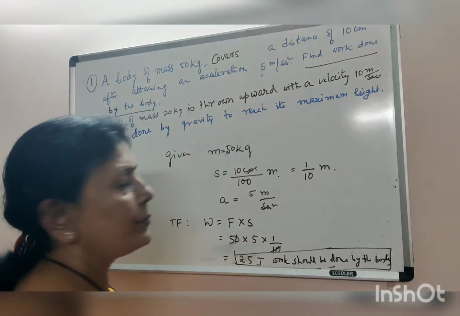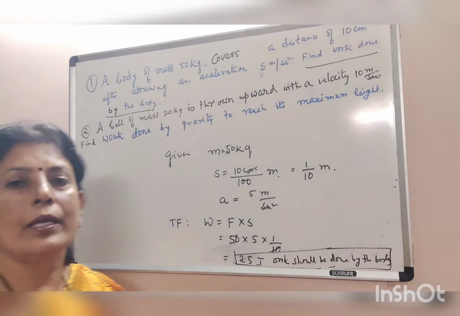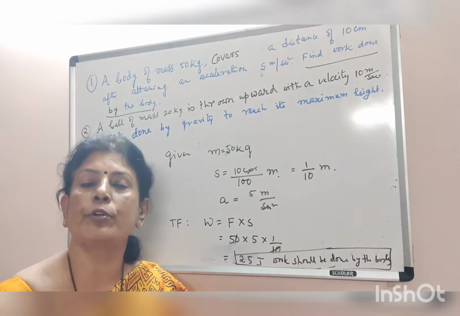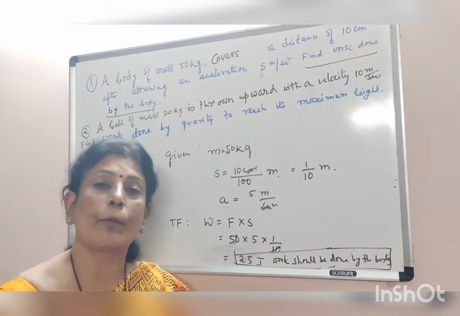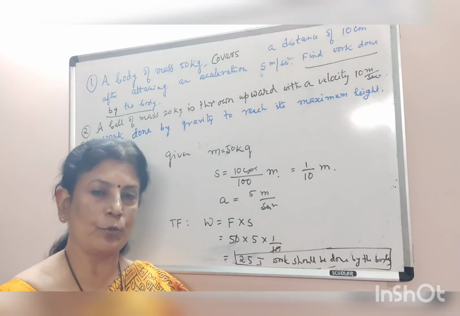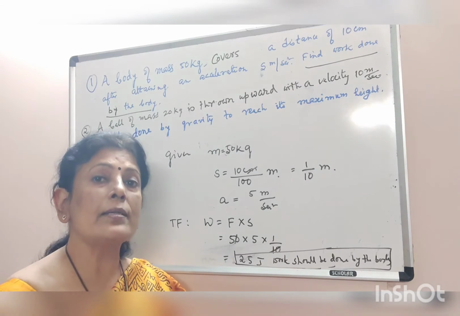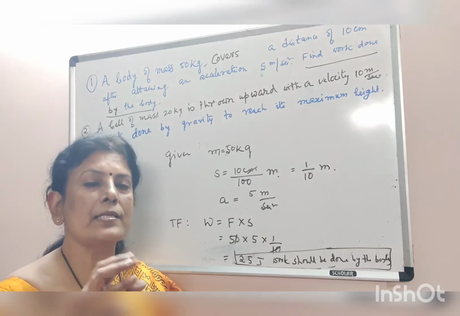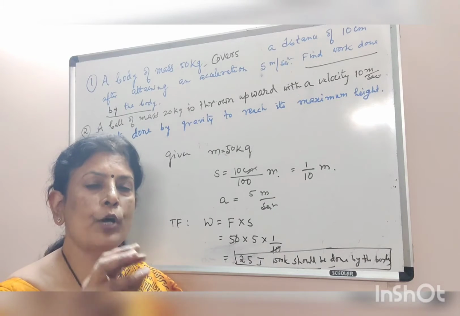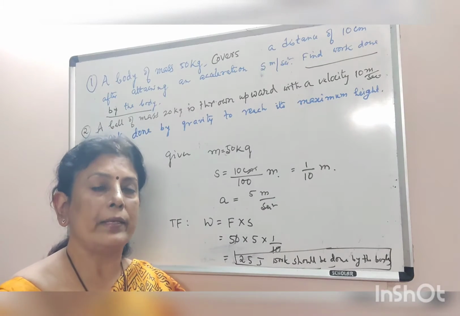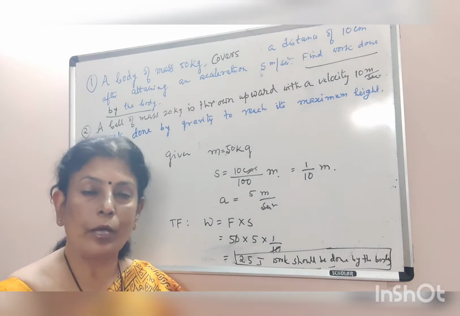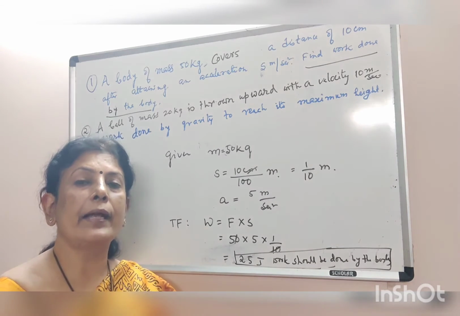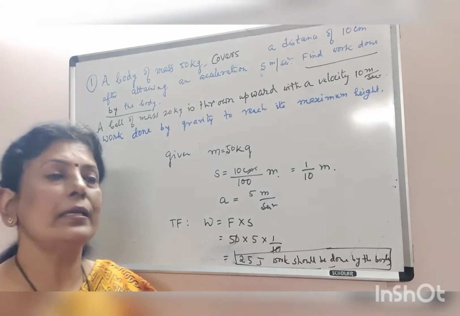Next question we have to solve. In this way, you have to read the question very carefully. You have to check what things are given with their proper notation, and then you have to find out what you are going to find. That is your aim, to focus on what you are going to find. What is the governing formula of that physical quantity? You have to have a clear idea regarding conversion of SI units.